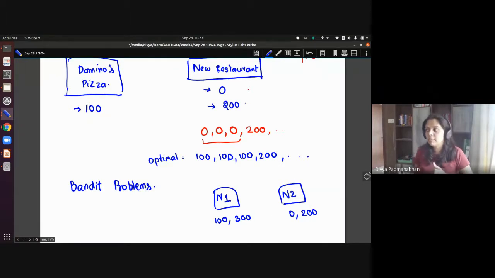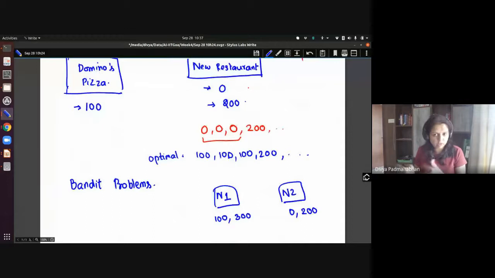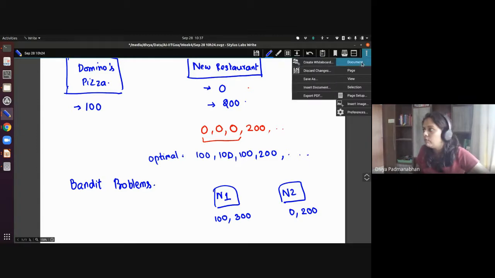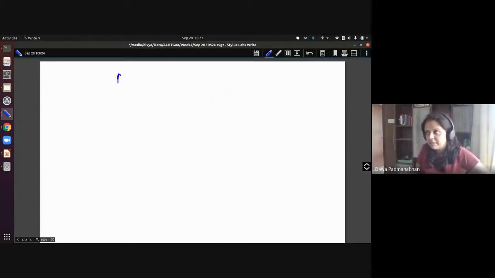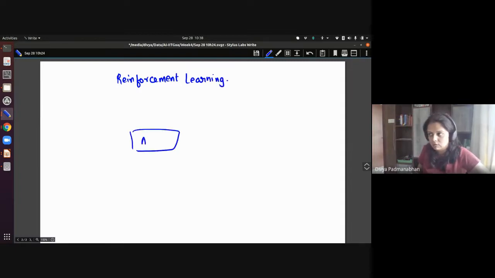Okay, so of course you can model this with MDPs, but you don't know the underlying probabilities. So this is what is going to lead us to our next class of problems, reinforcement learning. Okay, so actually we are heading into learning kind of problems where you don't know the model. So very broadly speaking, let me just write the framework. In reinforcement learning, there's an agent, okay, and there is an environment.